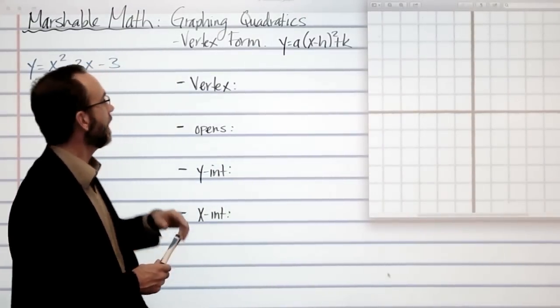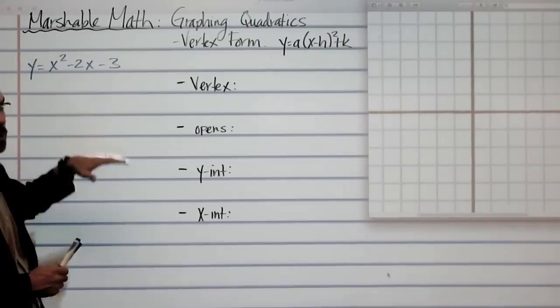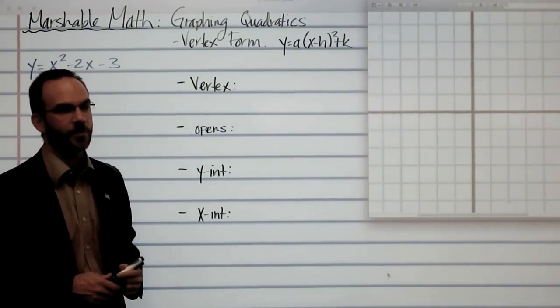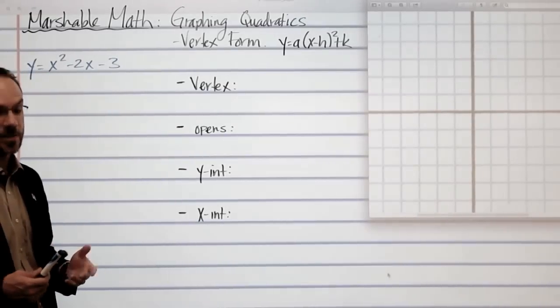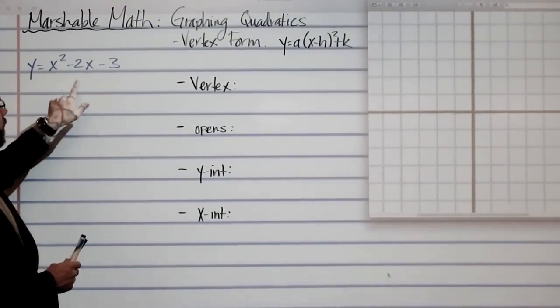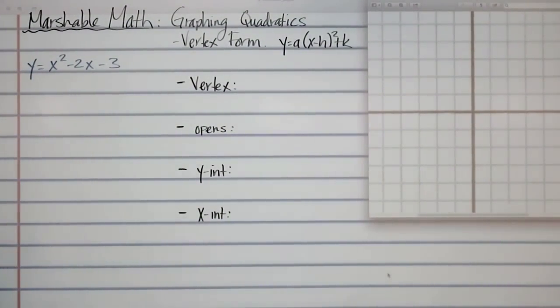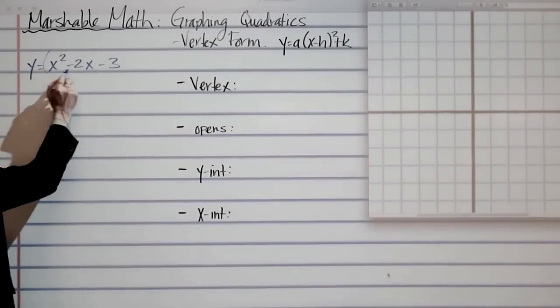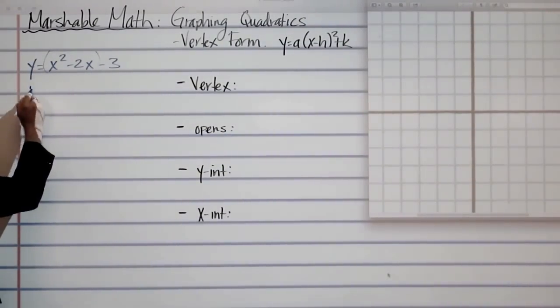So the first thing we have to do if we have one that's not in vertex form is actually to put it in vertex form. We do that by completing the square. So coming over here to the problem that I've got, let me complete this square here. Let's see, I first need to group these two together. Now I need to